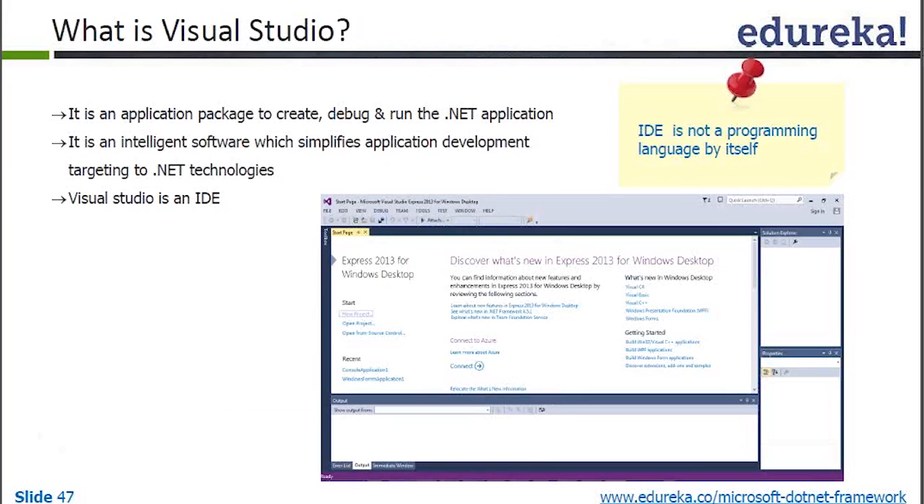It is a very powerful, friendly and intelligent software. It is an application package which helps you to create, debug and run .NET applications. It has a lot of different windows and facilities which simplify your application development. It is intelligent software which simplifies application development targeting .NET languages. And do remember that